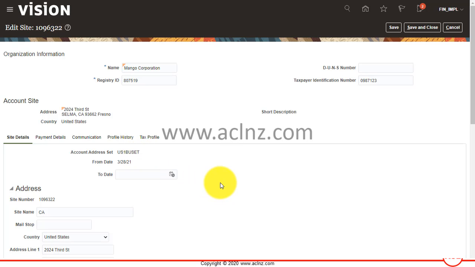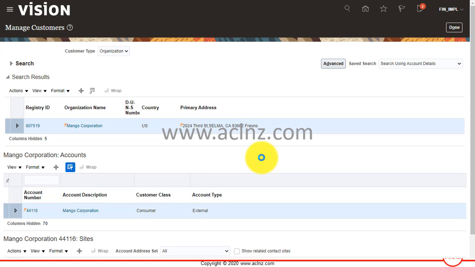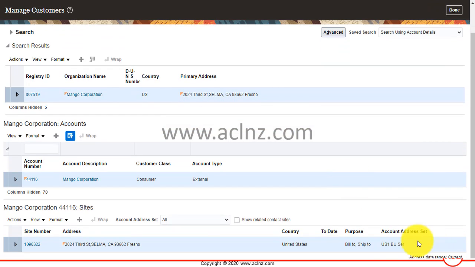So we'll go to the business unit definition to compare what we have over here versus what is attached at the business unit level. So the account address set at the customer account site level is US1 BU set. This is the code, and if you cancel this, you can see the description, or I would say the name of this particular address set, as US1 space BU space set. Okay, now I have to go and I will show you